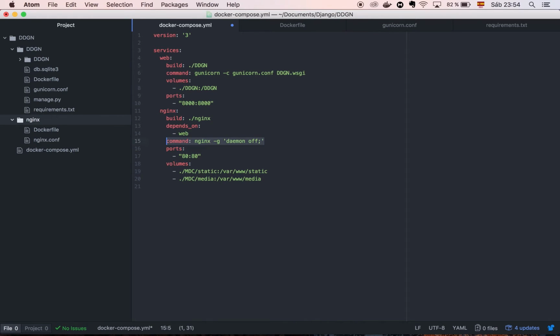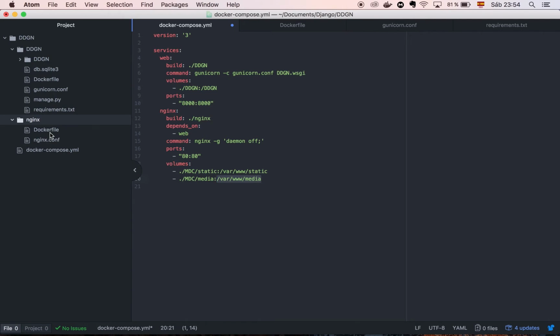The command will be nginx to start it, and daemon off because I want to see the logs. And this is important as well: I'm going to map all the static folder and all the media folder with